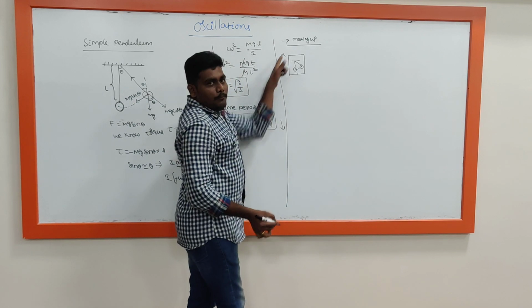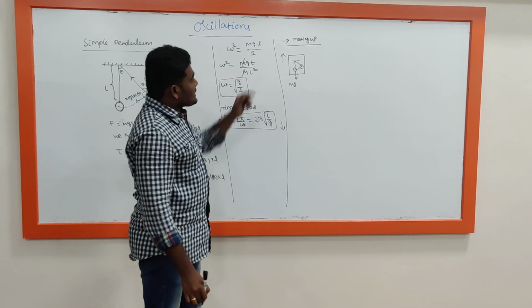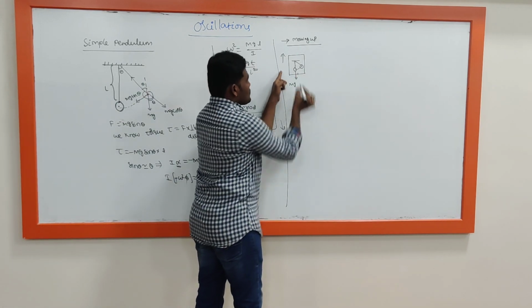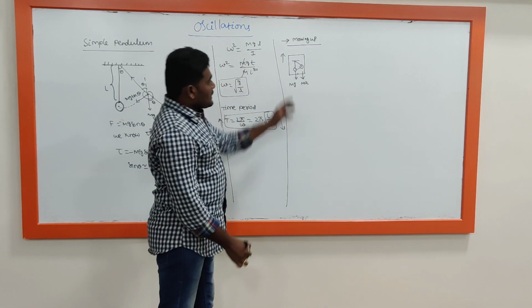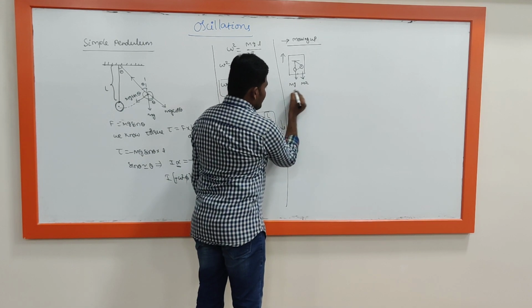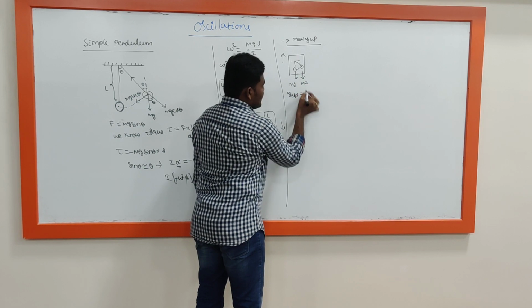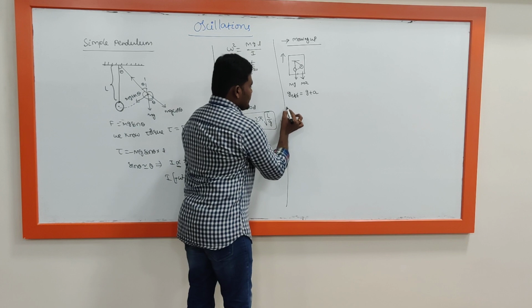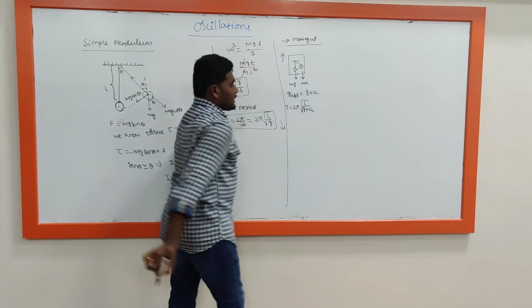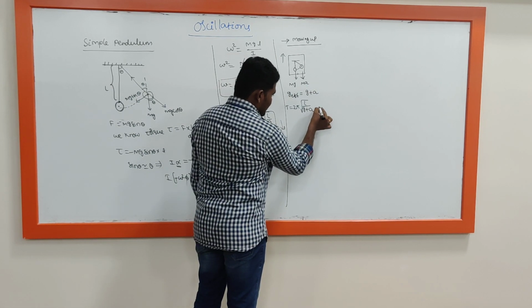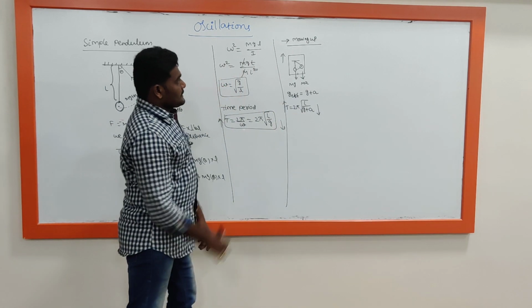If the lift is moving upwards, generally weight always will act downwards. An imaginary force will act opposite to the motion. So the lift is moving upwards, so then pseudo force will act down. Then you can take net force here, mg plus ma. Then you can write g effective equal to, both are acting in the same direction, g plus a. Then time period T equal to 2 pi into square root of L divided by g plus a. So if this decreases, automatically time period of the pendulum will increase.